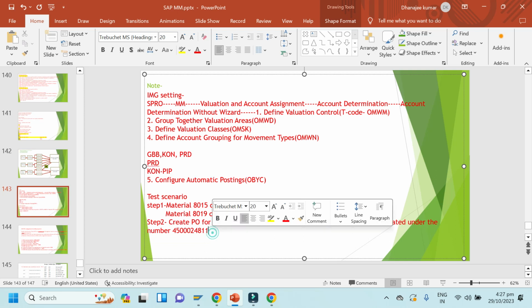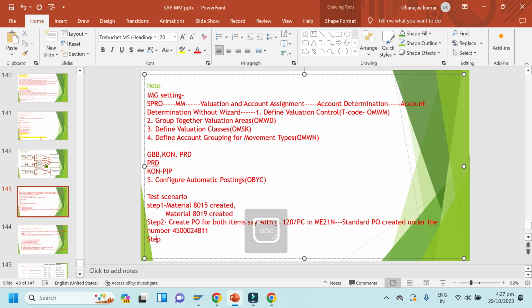Step 3, create GR with reference to PO, with movement type 101.